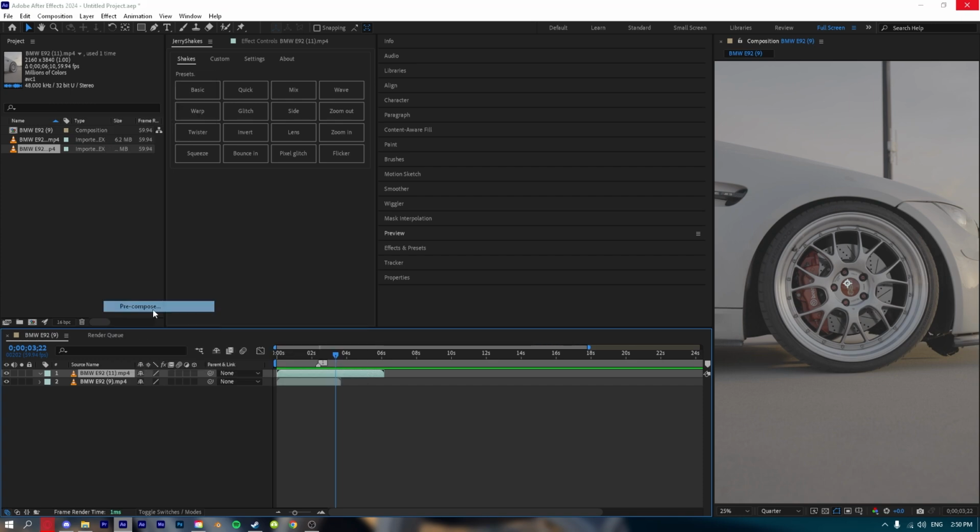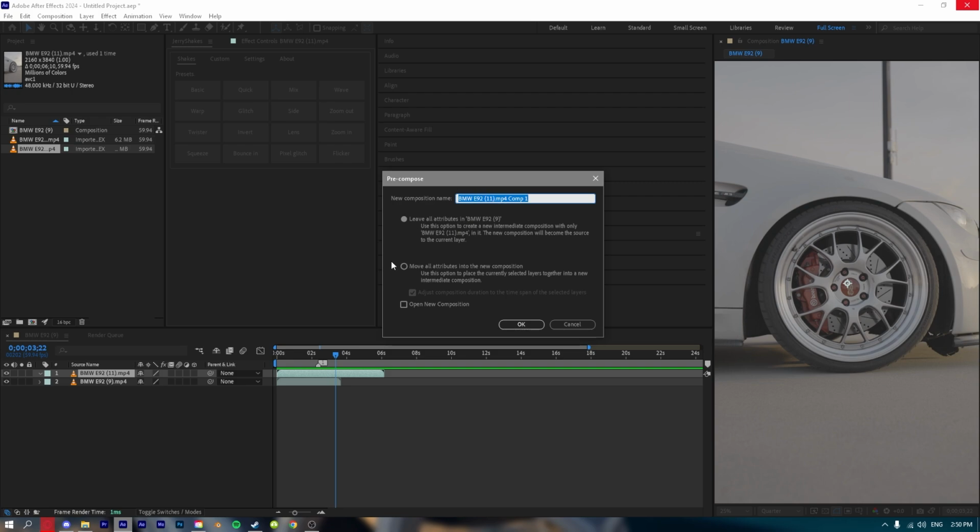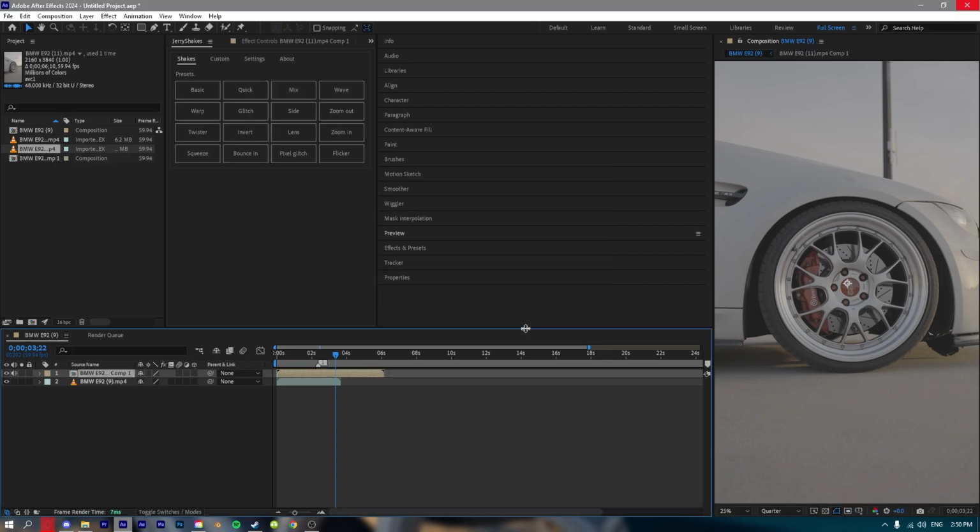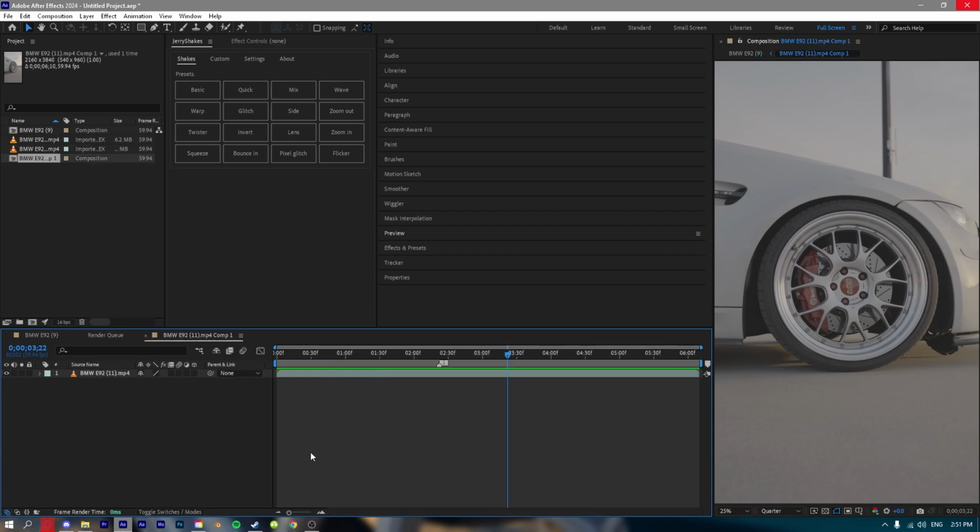If we pre-compose here and select move all attributes into the new composition and adjust composition duration to the time span of the selected layers, and we hit OK, you'll see now the audio comes back on and the clip changes color. Why is that? Well, if we go ahead and mute this and we double left click into the composition, you'll